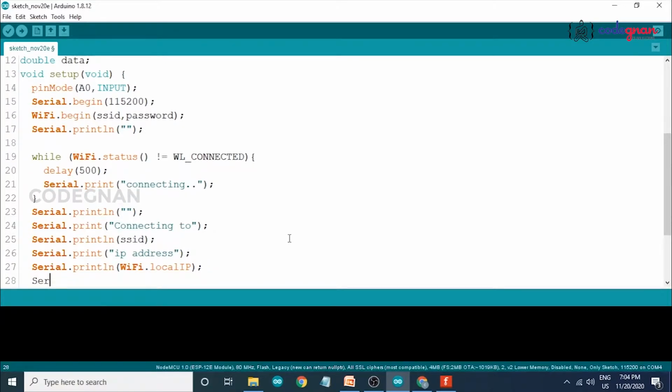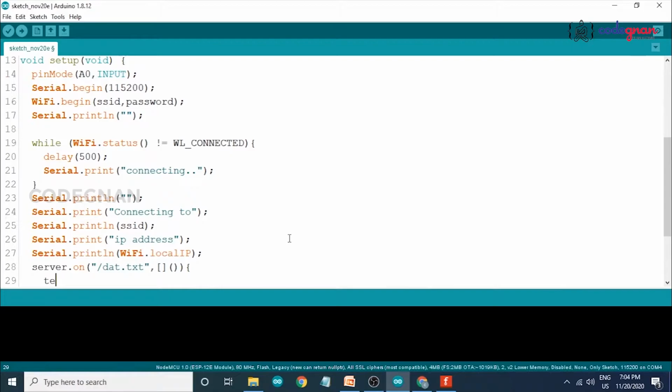Now I'm giving the command server.on and give the data, /data.txt format, comma. This is how we start our server.